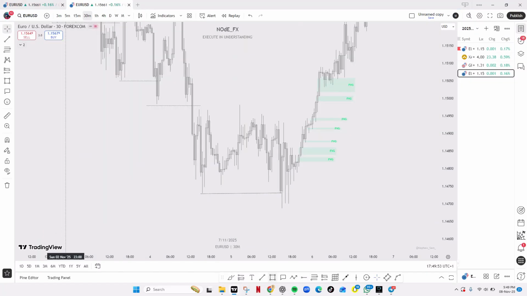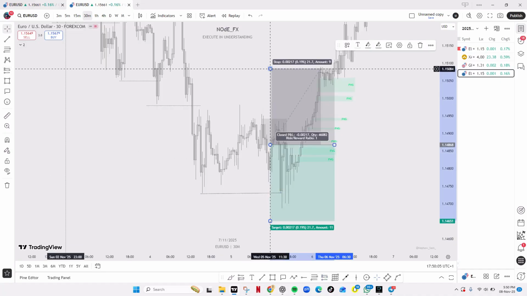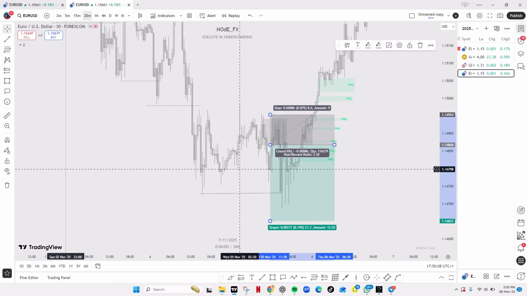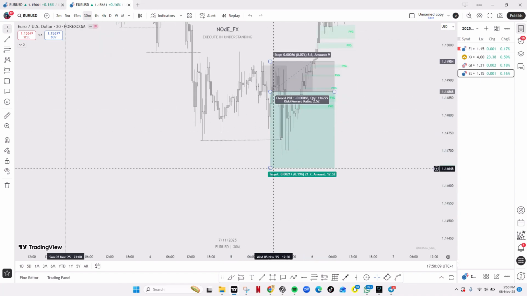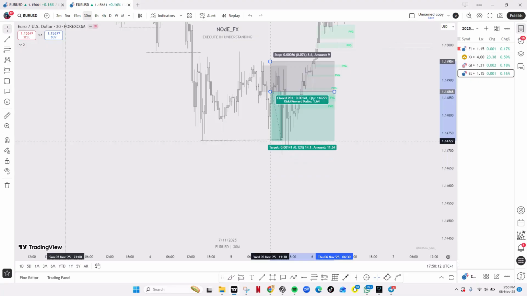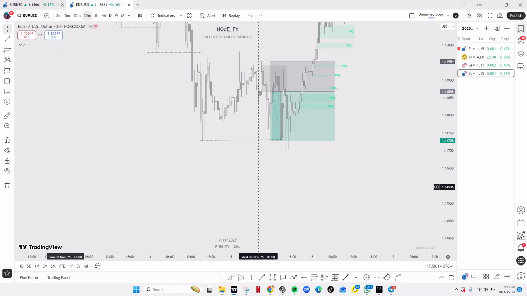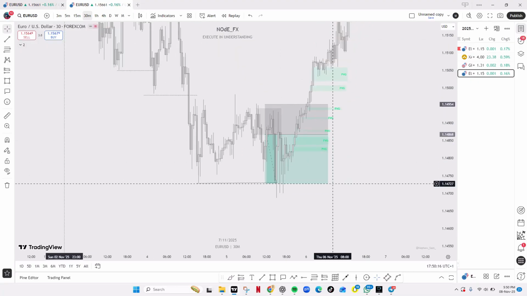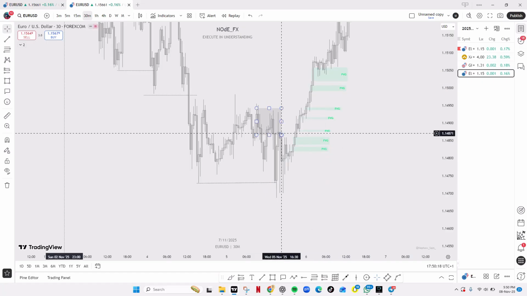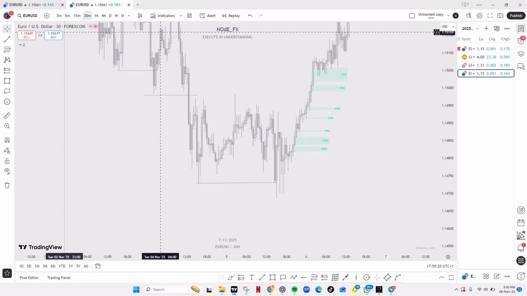And where am I going to place my entry? My entry is going to be placed here because this is the last buy candle before the sellers came in. And if I place my entry from here, just take a look at how the RR will be. You can see it's never up to 1 is to 2 here. So I just looked at it and said, well, it's not worth it. More opportunities will come and all of that.